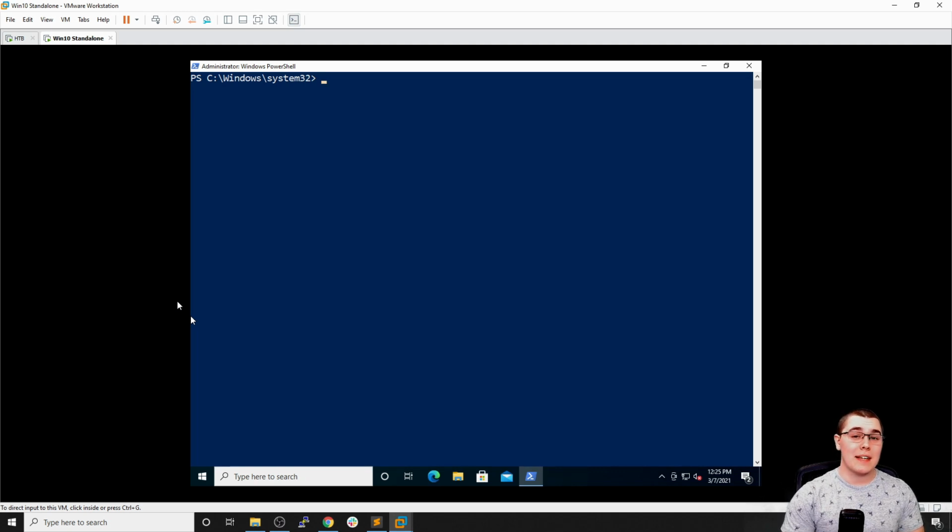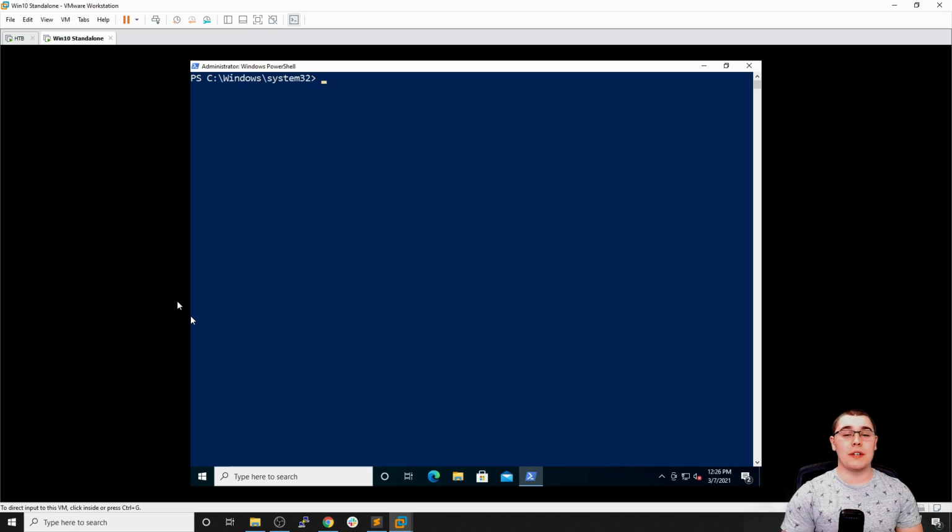So a user that has SeBackupPrivilege will be able to read any file on the entire file system, including sensitive files like the SAM and system registry hives. And as an attacker, we can exploit that for privilege escalation by accessing some of those sensitive files and extracting the credentials from it. So the first thing that we're going to do is go ahead and set this up